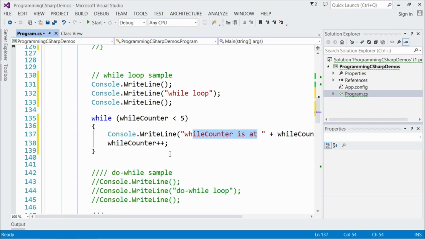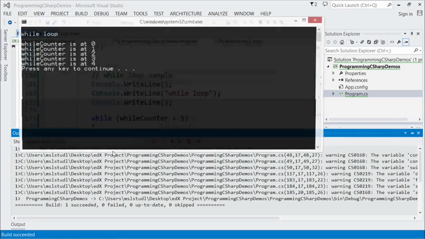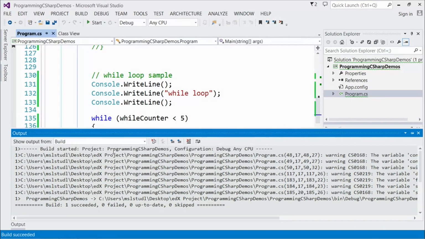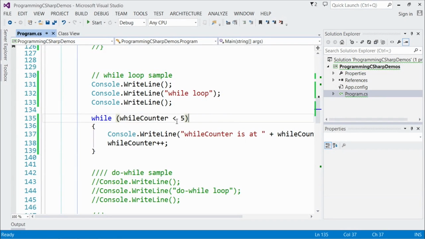With the value of that counter, and let's increment it. Again, when you're doing your while loops, do not forget your incrementation portion, otherwise your loop will continue and won't end itself. So let's go ahead and execute this with a Control F5. Again, our while counter prints out 0, 1, 2, 3, 4, 5. No surprise there, because we said less than 5, so while the counter is less than 5, we'll execute